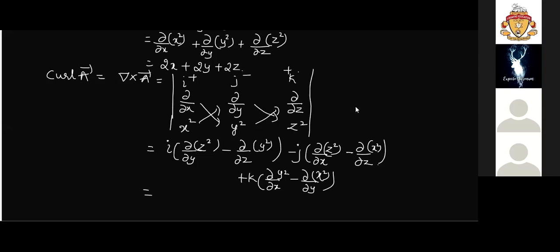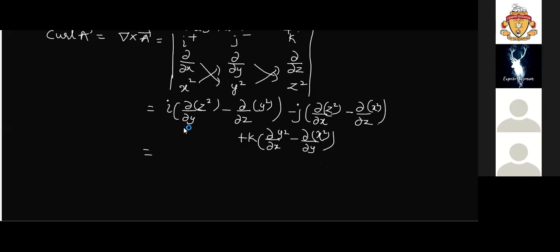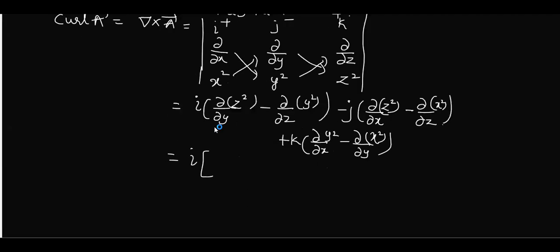So what is this? It's a derivative of this z square with respect to y. What is the value? 0. Why? Because there is no y at all. It's a partial differentiation, so only y is a variable. It is like the derivative of a constant with respect to y for z square. Similarly, the derivative of y square with respect to z will be what? Zero. Again 0. There is no relation, and it's a partial differentiation. If you observe the other brackets, is it all going to be 0? Yes, this is what we are getting.